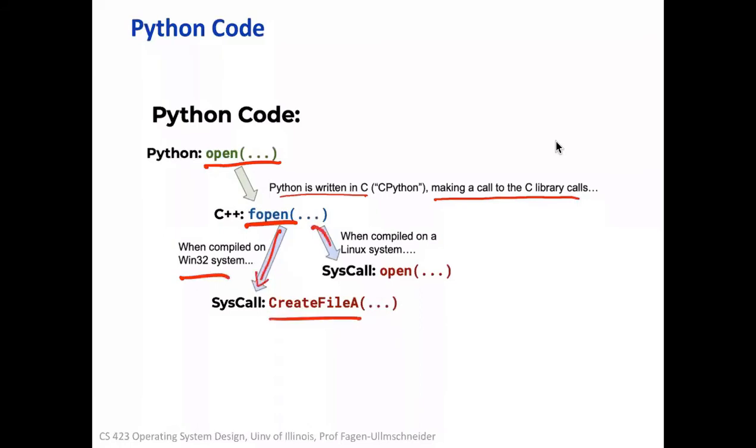Otherwise, it will be transformed into syscall open in case of Linux. Okay. So this is a very simple process, right? However, this is a very simple thing that we have mentioned here. But in fact, this higher level library call, as we see in the case of copy from file 1 to file 2, may in turn contain a very large program, which may consist of a large number of function calls.